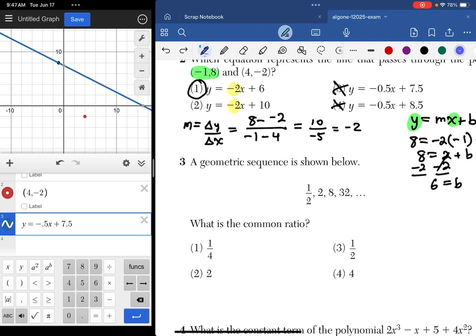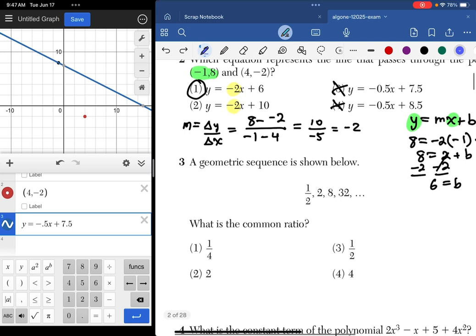Now maybe you can't figure that out quickly, but you should be able to figure out how you're getting from a 2 to an 8. That's times 4, all right? And just make sure that that happens every step of the way. That's true. And if I take 1/2 and multiply it by 4, I can do that in here also.